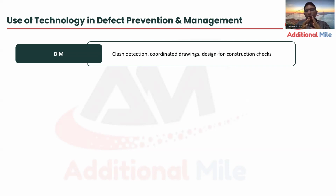Now, apart from this, what can we use? We have many technologies available. I'm not saying they are 100% effective, but to manage defects we have technologies called BIM. BIM is nothing but building information modeling. This is one of the common apps nowadays used for building construction, which will give you a 3D view of entire services, and you can see on your screen